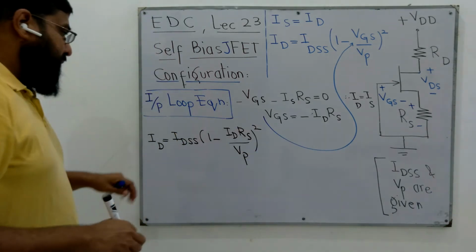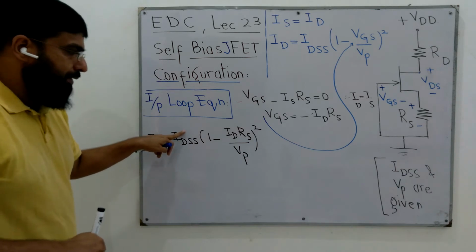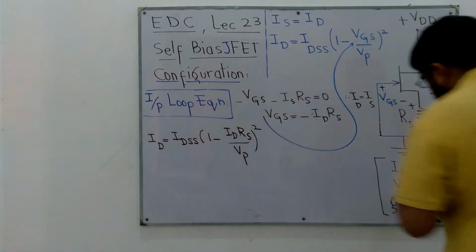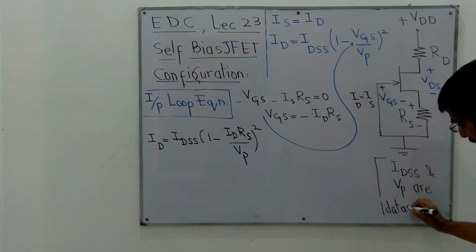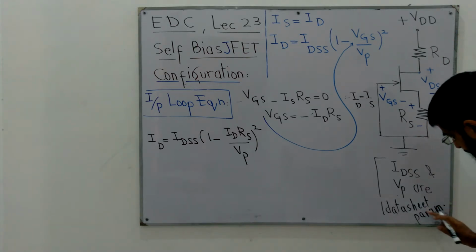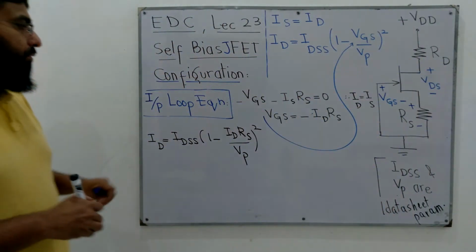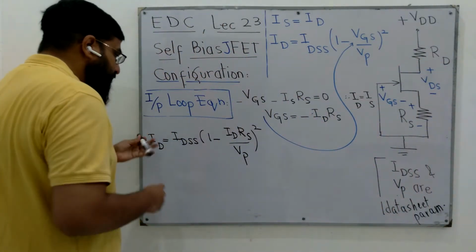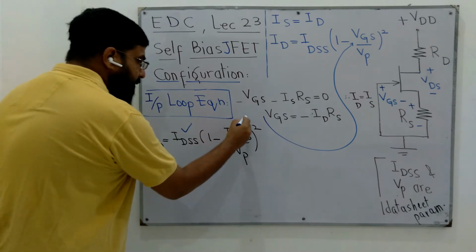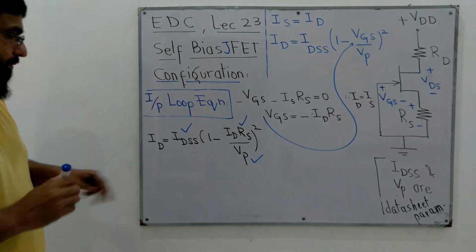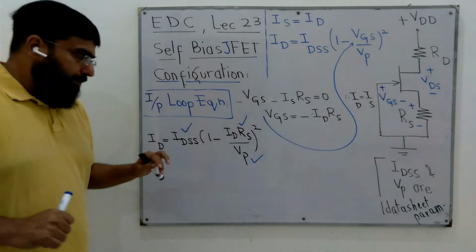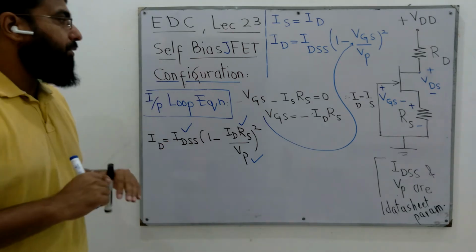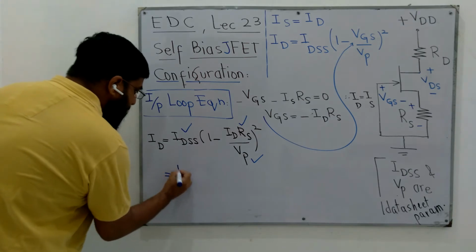So VP squared. Now this IDSS is a datasheet parameter. IDSS and VP are datasheet parameters. So we already know that IDSS is known, RS is known, and VP is also known. So in this equation, we have only one variable, ID, which we can solve, but it's a quadratic equation. If we expand it a bit, we see